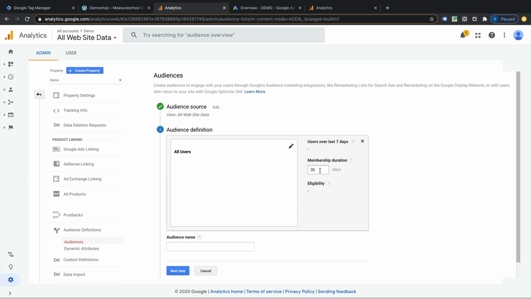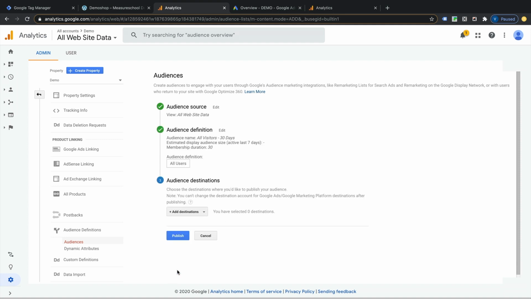We can have it 30 days or 90 days, and in fact, you can have it anywhere from 1 to 540 days. For this, we're going to stick with the 30-day audience, and I'm going to give this a name of All Visitors 30 Days. And then we're going to click Next Step.